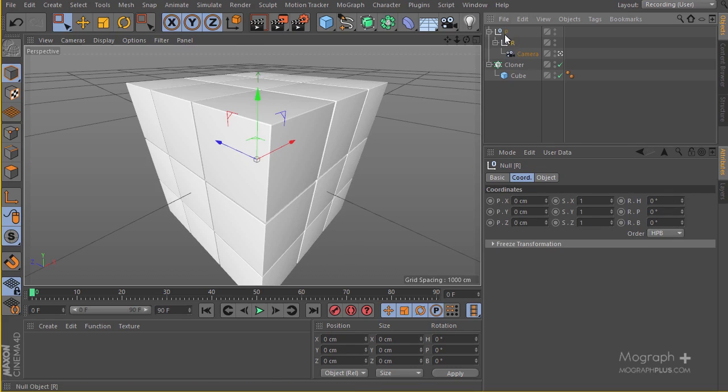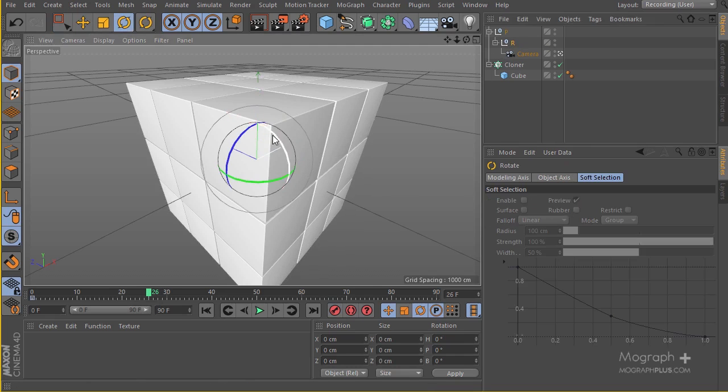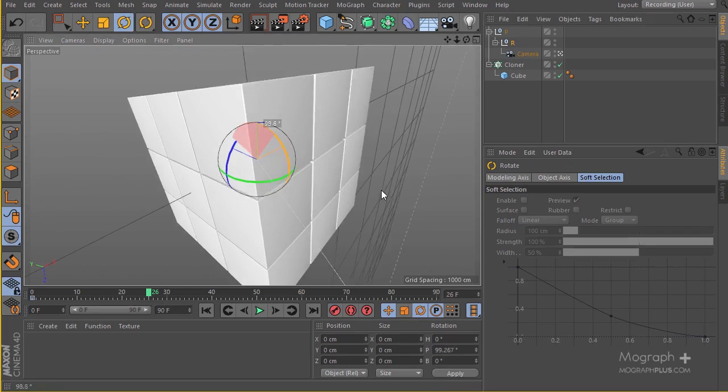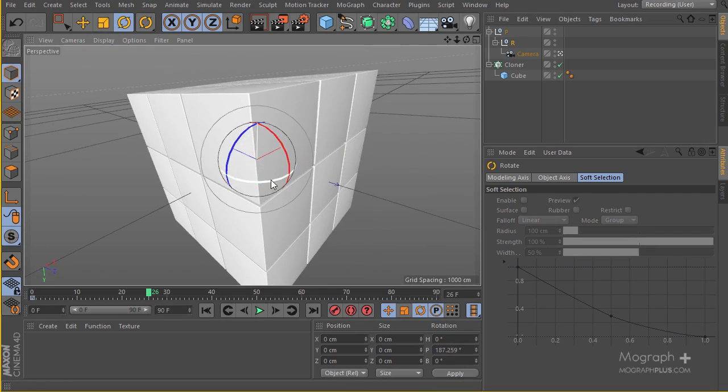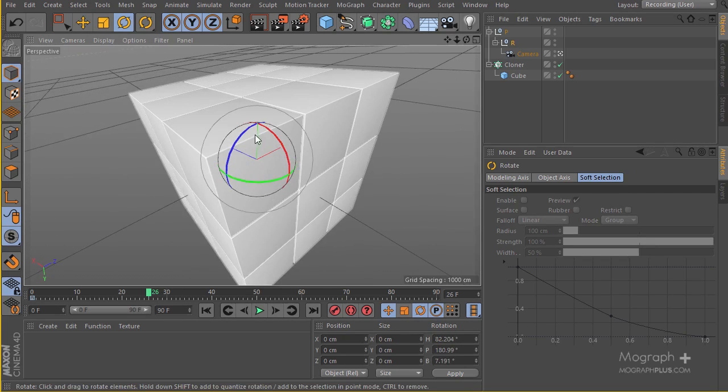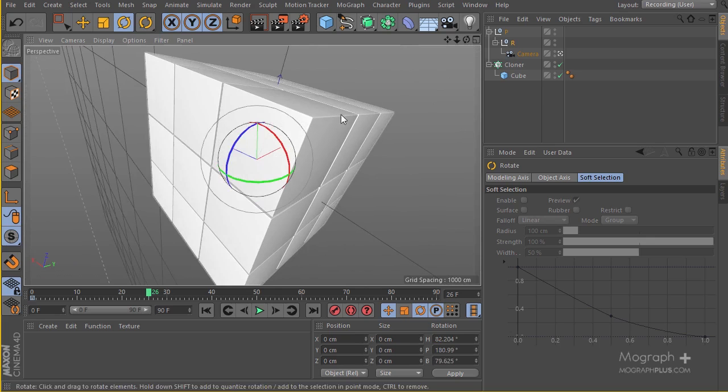stuff. Let's go ahead, for example, control our rotation and position, and add a keyframe here, and let's go to maybe frame 25, and then I can go to my rotation control here, and create some nice motion here, maybe something like this. Okay, and let's maybe